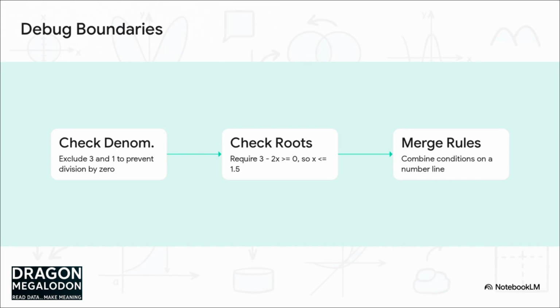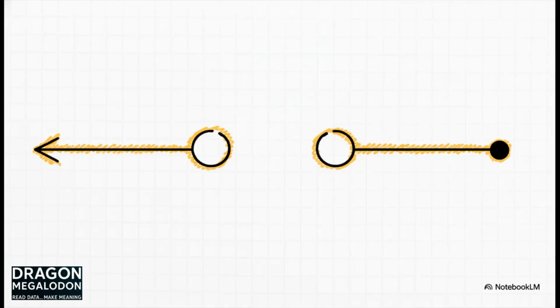Solving that means x must be less than or equal to 1.5. Step 3. We merge these conditions on a number line to find exactly where both rules are totally satisfied. So what's the compiled output? The safe operating parameters for this specific system are from -infinity all the way up to 1, and then from